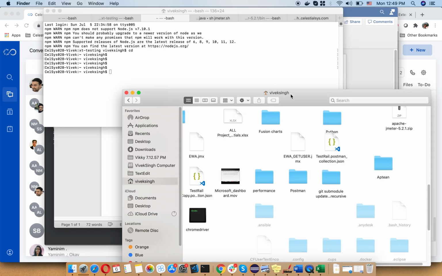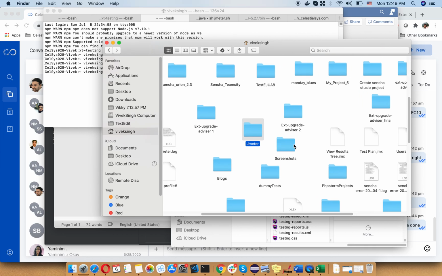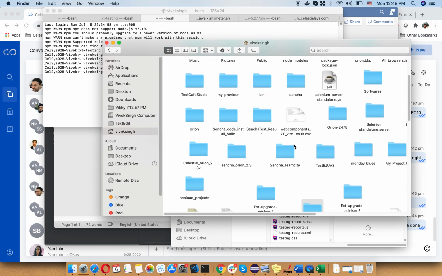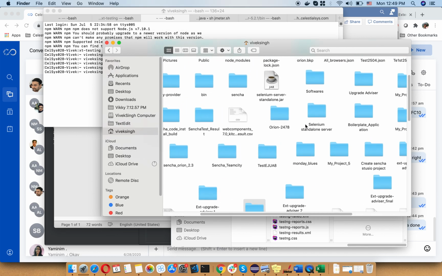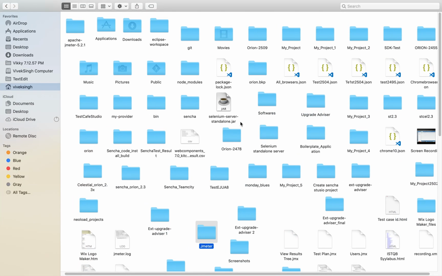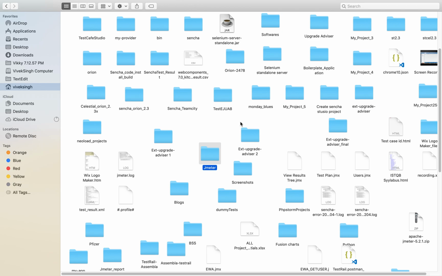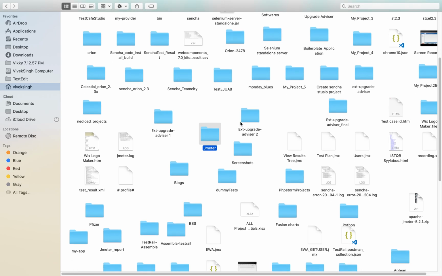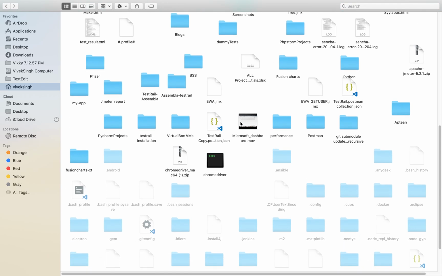So I have created my JMeter report folder. Where is JMeter report? Alright, the JMeter report folder should be here.